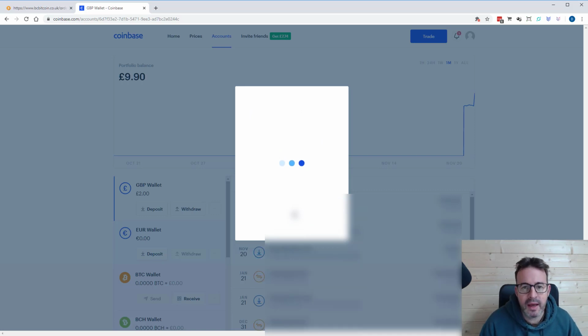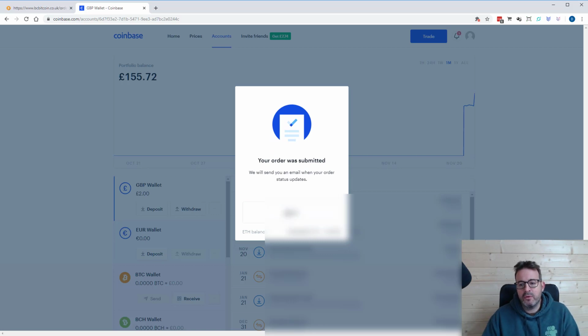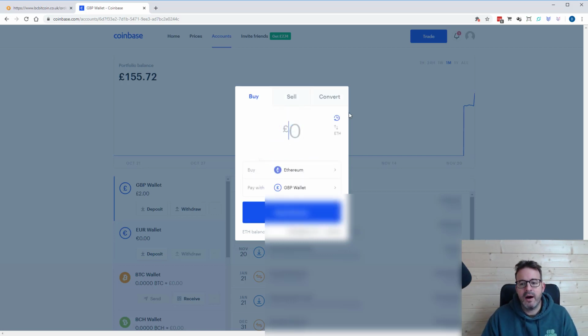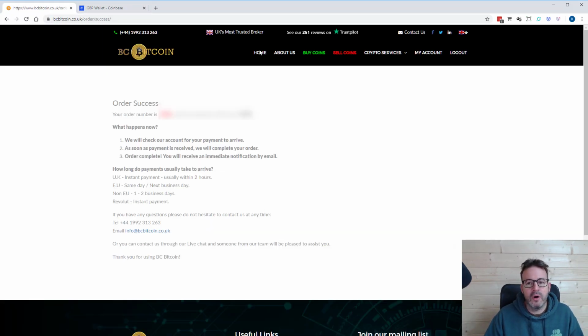And this is where the platforms differ slightly. So orders submitted, it will send you an email when the order status updates. So I imagine that will come through pretty quickly. But this is where the platforms differ. With BC Bitcoin, they don't actually hold any of the crypto you buy. You have to put in your